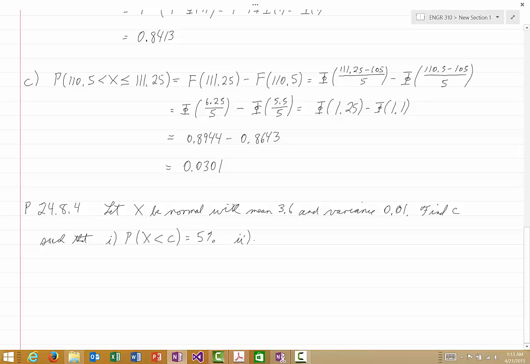The second case, we want the probability that X is greater than C is equal to 1%. And finally, the third problem within this problem is